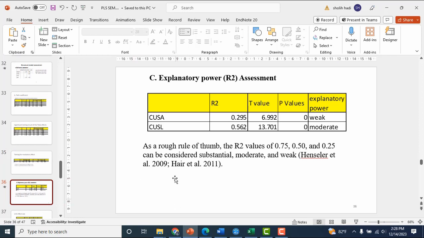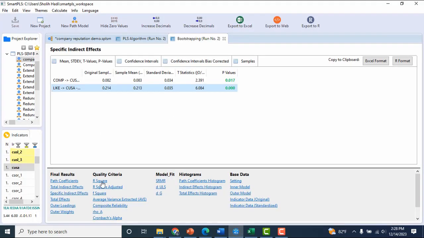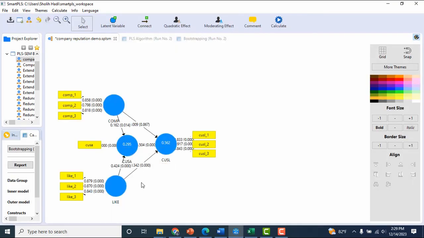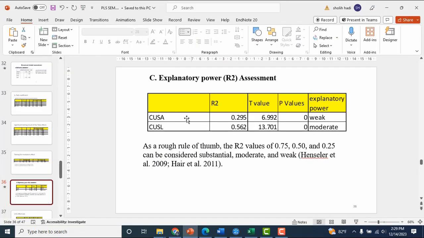And then we need to assess the explanatory power, or R square. We can see here R square, and R square is only for the endogenous variable or dependent variable. In the model we can see there are two endogenous variables, JUSL and JUSA, and this is the R square.